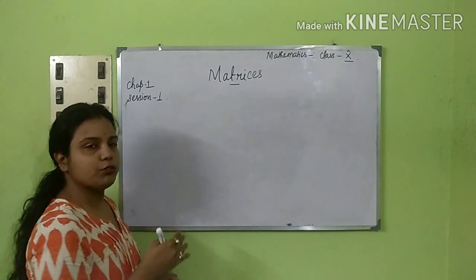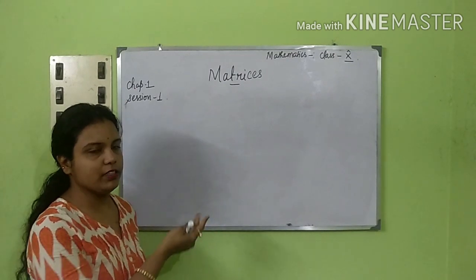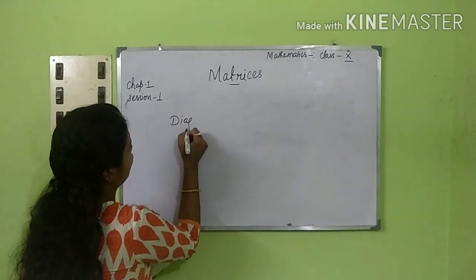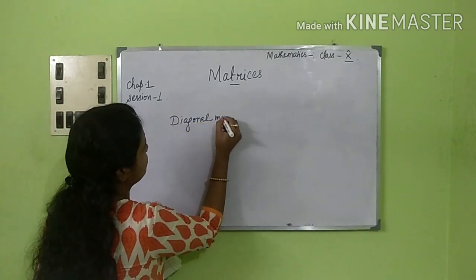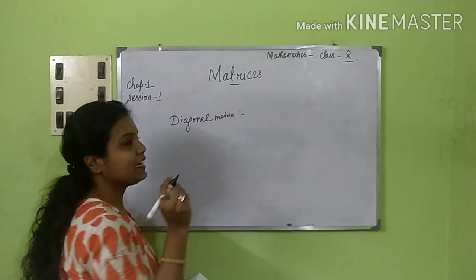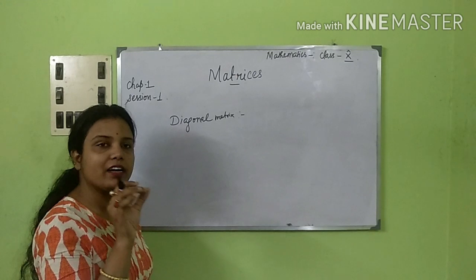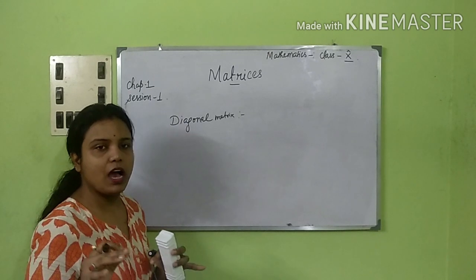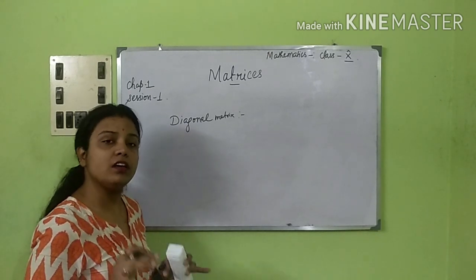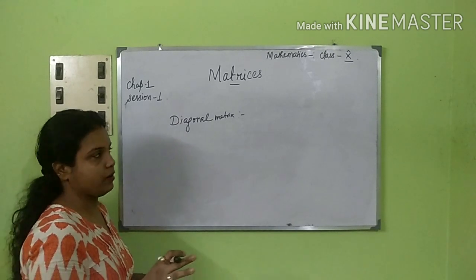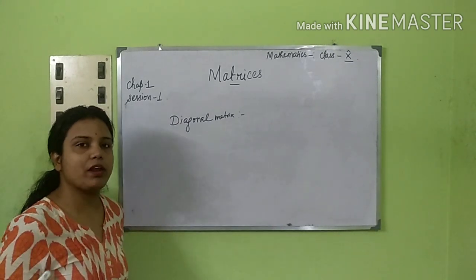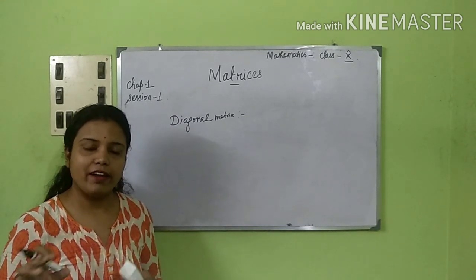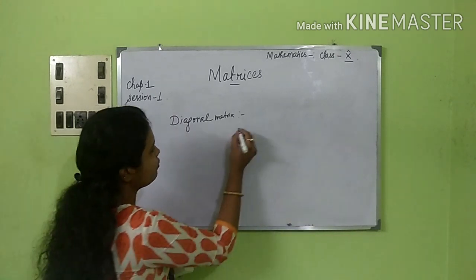Next, after this square matrix, we will come to the diagonal matrix. Diagonal matrices are the ones in which only the main diagonal elements are non-zero, and the rest of the elements are all zeros. It is a square matrix again. Diagonal matrices are usually square matrices, but only the diagonal elements are non-zero numbers, and the rest of the numbers are all zero. Like for example,